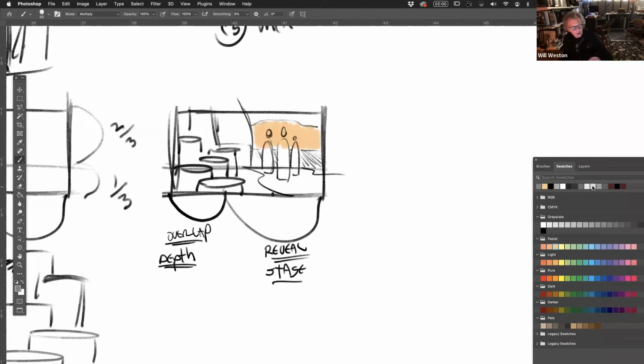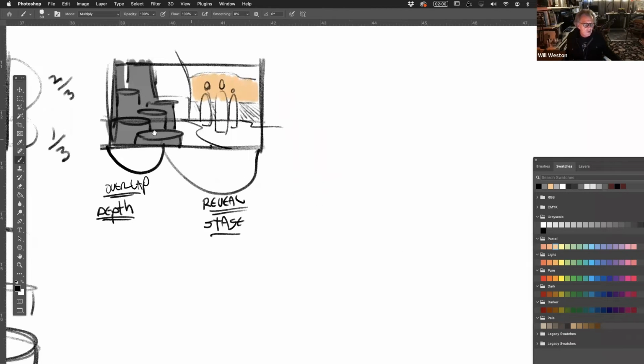The other thing is all this detail in the foreground will tend to be dark because I can control its degree of contrast. So I get the benefit of all of this stuff creating a sense of depth, but I'm also knocking down its visual power by throwing it in shadow. You see? So it can't compete with the other side because in shadows, we lose contrast, we lose saturation, we lose detail, we lose a lot of things like that. Again, don't believe me, go to the Getty. You'll see what I'm talking about. The only thing you won't see there is stuff shoved quite as close as this.